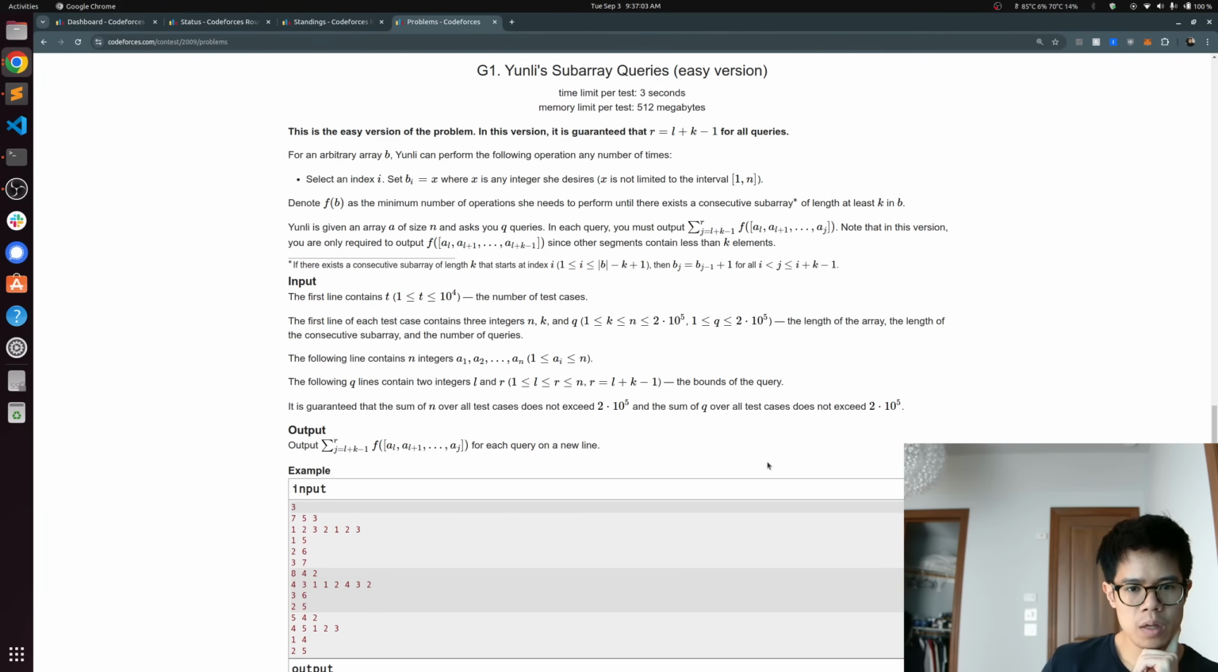Okay, cool. Yeah, so here, the foundation of the problem for all 3 versions is you have an arbitrary array B, and you can perform this operation any number of times. Set any element of the array to any integer you want. And then you need to find the minimum number of operations you have to do until there's a consecutive subarray of length at least k in B. Consecutive just means it's incrementing 1 by 1. So, for example, if k is 4, the subarray could be 6, 7, 8,